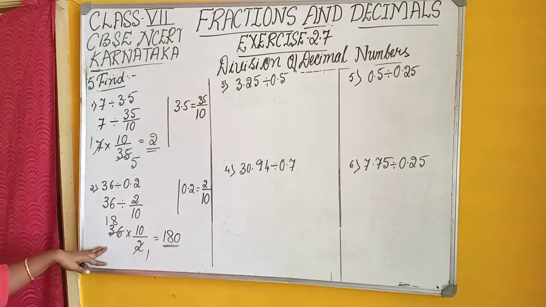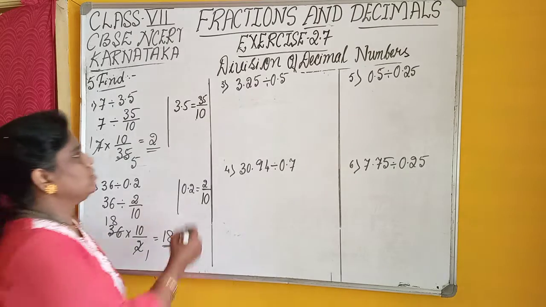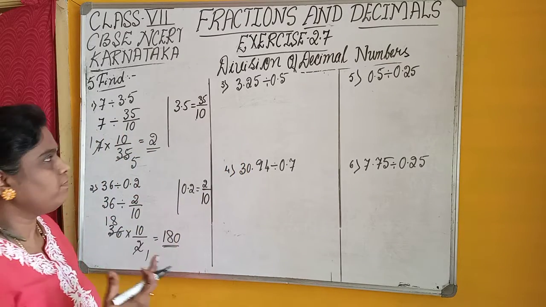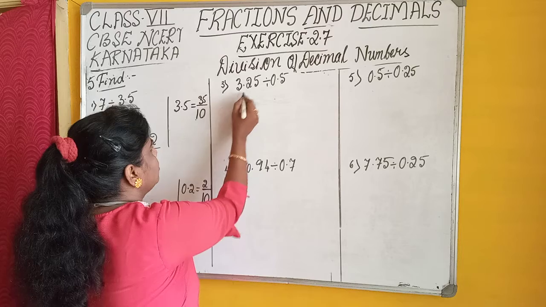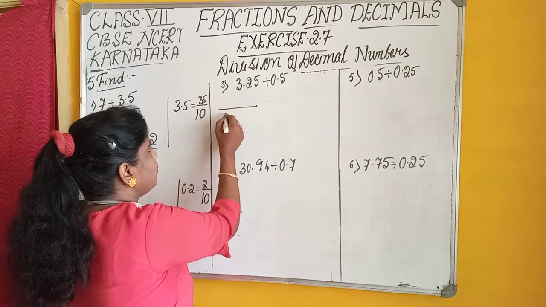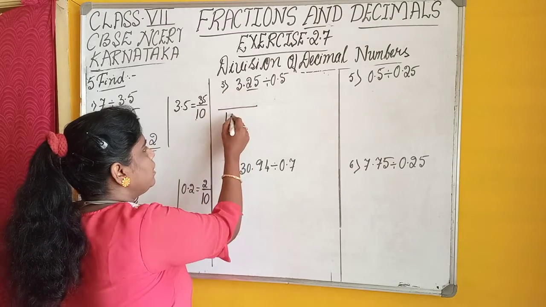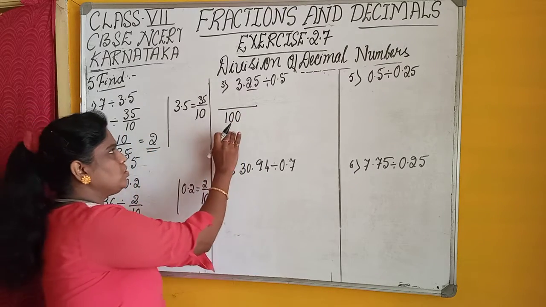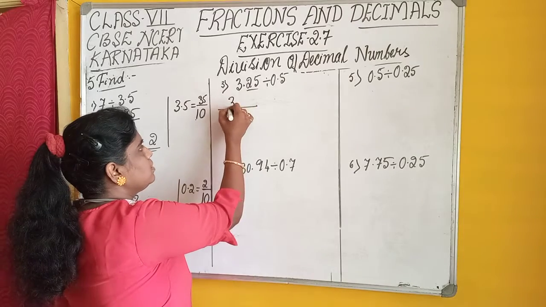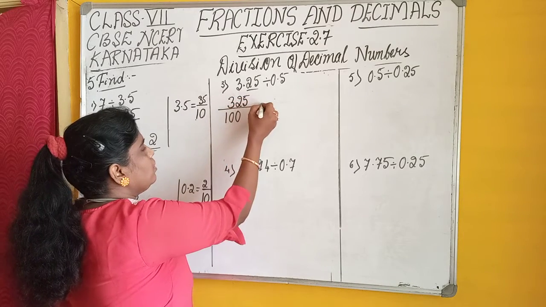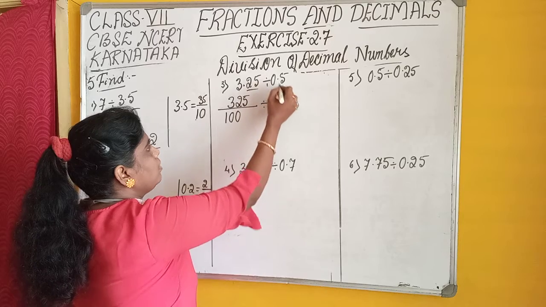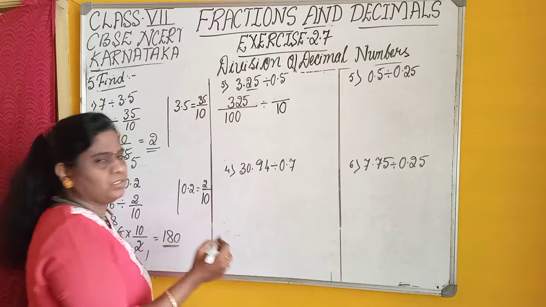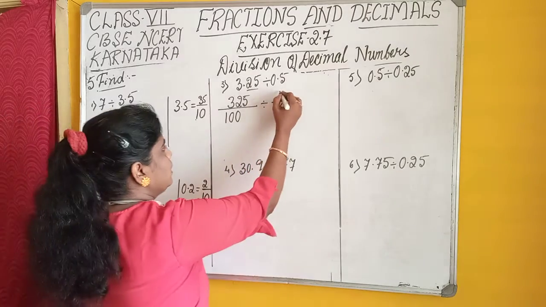Understood, students? How are we doing this? Yes. Here both are decimal numbers. Convert these decimal numbers to fractions. What I told you: for the decimal point put 1. After that, how many digits are there? 2 digits are there. Therefore, we write 2 zeros and the number is written as it is, divided by 4. Then, for the decimal point put 1. After that, how many digits? Only one digit. Okay. Then 5 by 10.